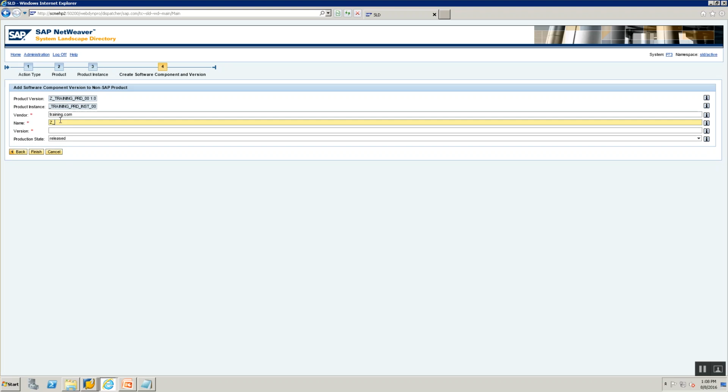Okay, Z underscore training, training underscore SWCV underscore 00. So what does it mean? SWCV is nothing but software component version. Okay, and my version is going to be 1.0. As simple as that. I just make sure your naming conventions are consistent to the type of object that you're